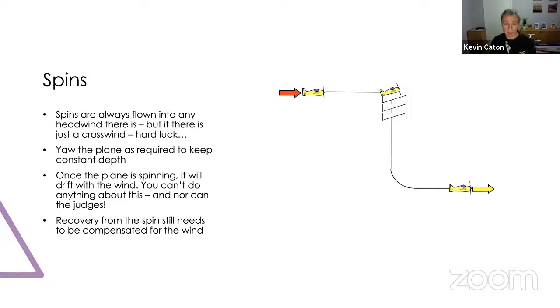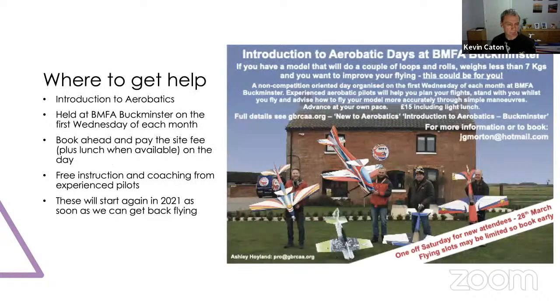So that's the four elements covered. A little bit of detail about the loop, because that is quite a complicated one, and it's the one that takes the most time to learn. So that's the flying part of it. So I'm just going to briefly, for the rest of the presentation, talk about what you might wish to do next,